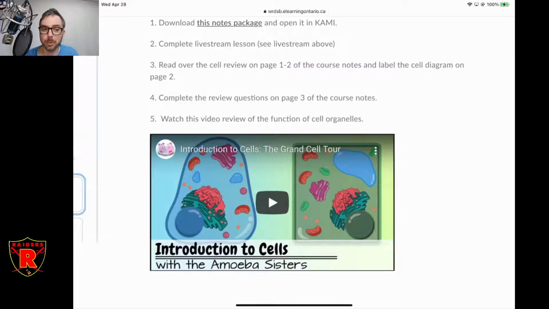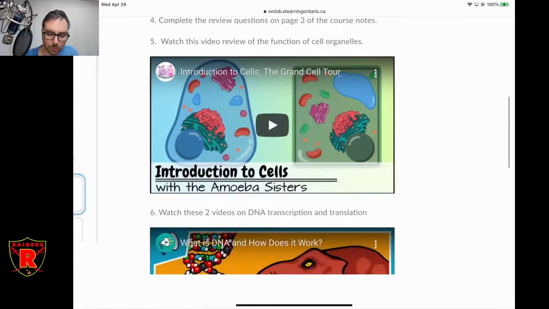So it's some questions about the function of various organelles. Most of it's contained in the reading on page 1 and 2 of the course notes. When I say 1 and 2, I mean 1 and 2 of the course notes for this unit. So I separate them out that way. There is a little review video on organelles, which you should probably watch at the end. It goes over in a little bit more detail and excellent animations what each of these organelles are doing, and you do have to be familiar with them.